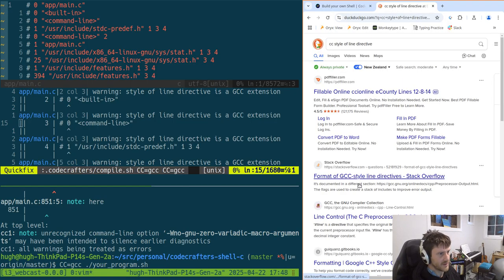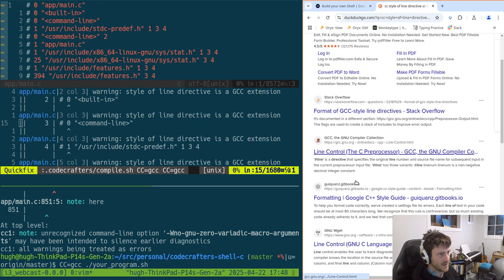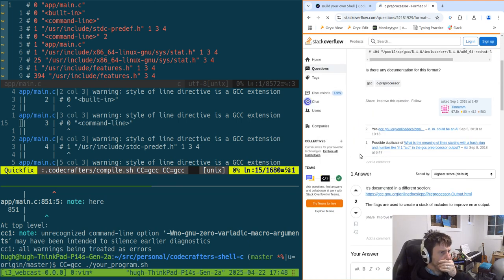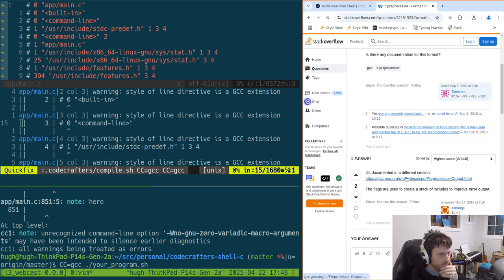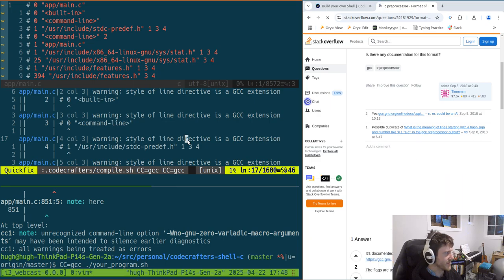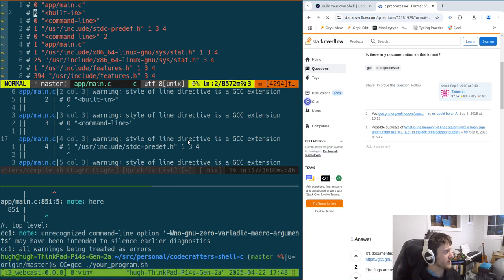I mean, if it's just a thing, is there not just a flag that I can turn it off? Otherwise, I guess what I can do is all of the lines that